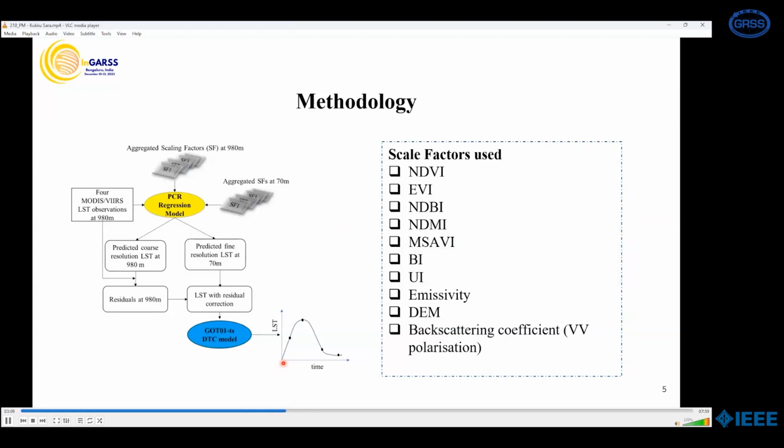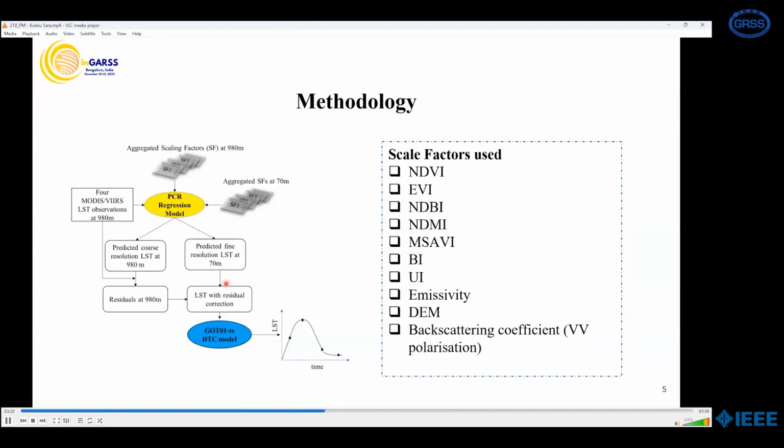The methodology is given here. All the auxiliary variables were upscaled to 980 meter and converted into principal components. Then a multilinear relationship was established between the LST images and the principal components at 980 meter. Then this relationship was applied to the fine resolution principal components at 70 meter to predict the fine resolution LST